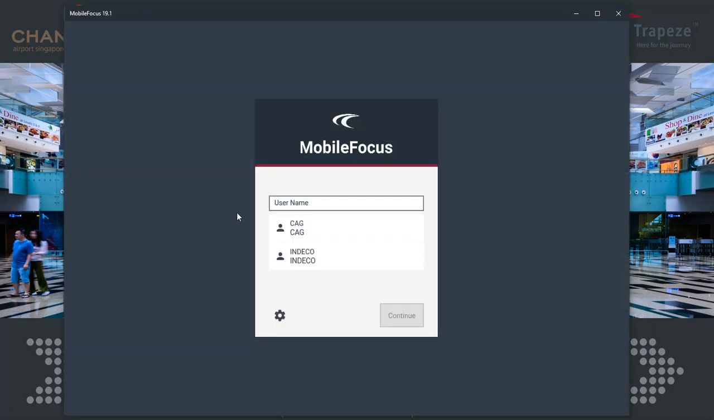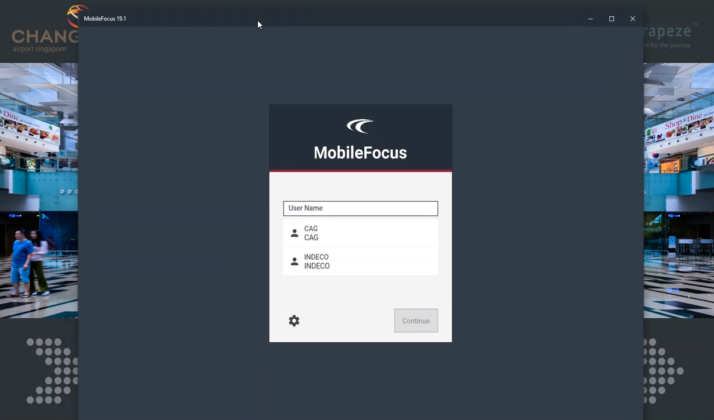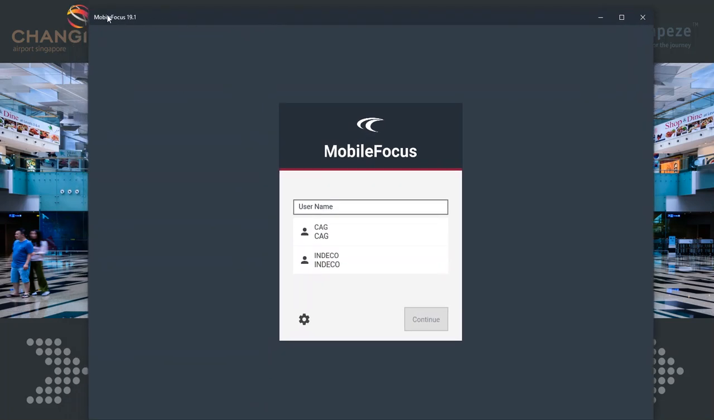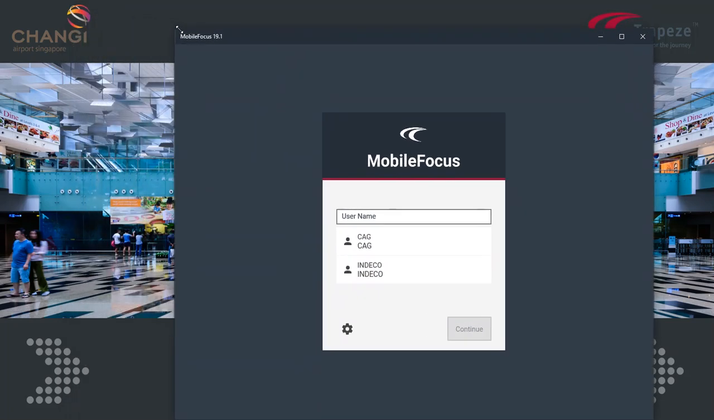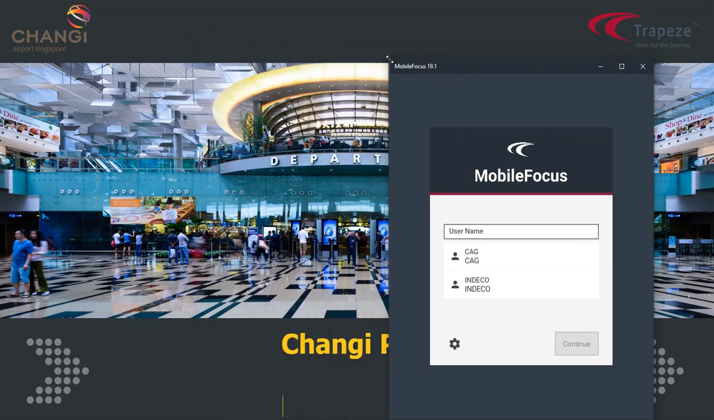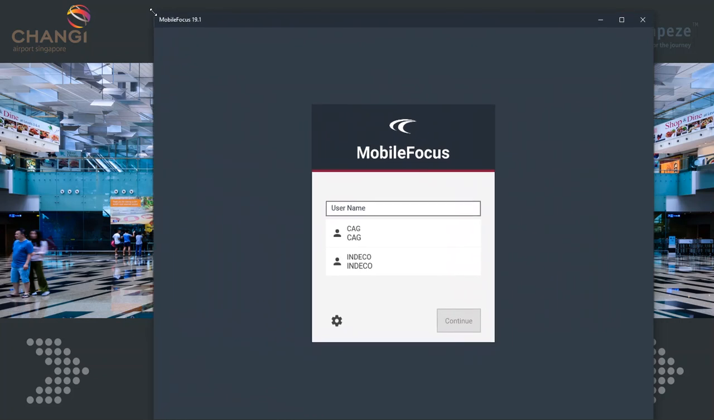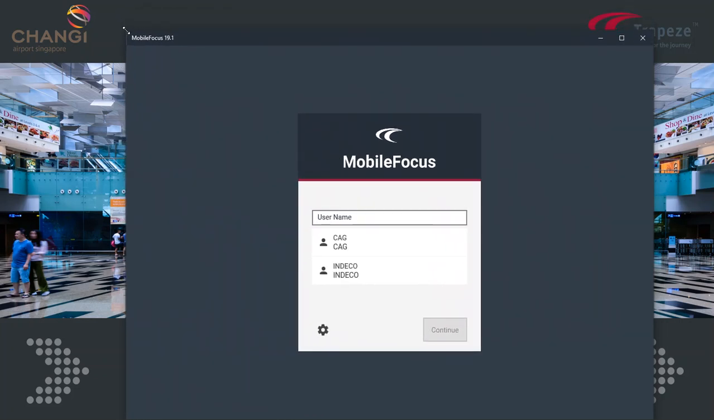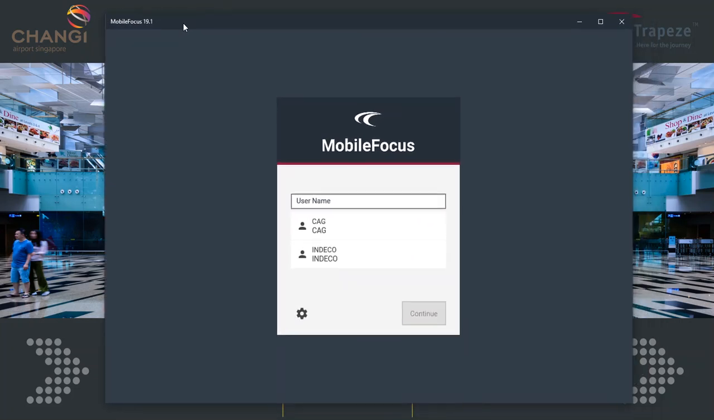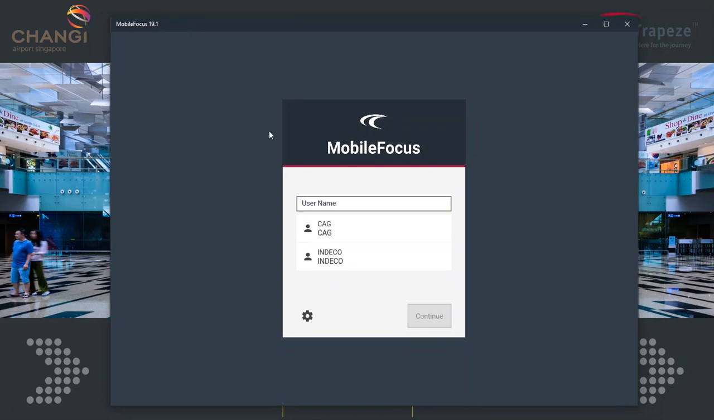So one thing we should note is with the mobile focus application, the screen size and resolution adjusts automatically depending on the device you are using. So it will scale if you're using a tablet or a mobile phone, and will use all available screen real estate on that device. So in starting up mobile focus as a vehicle operator, you will have a predefined login